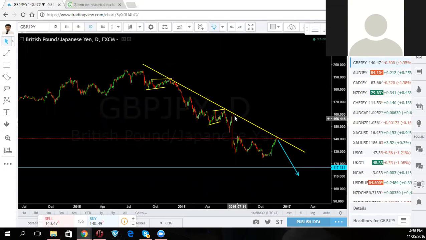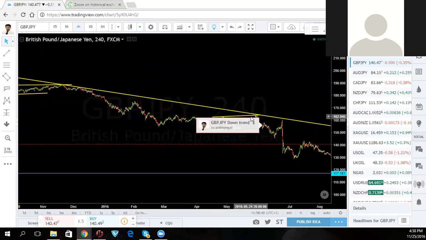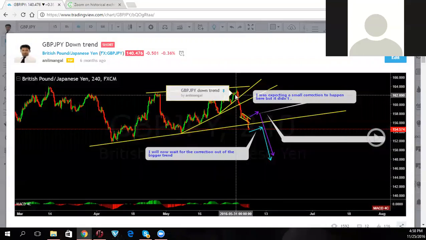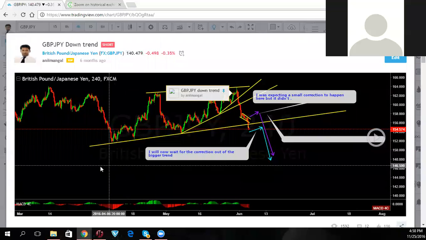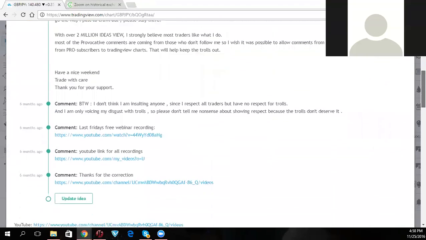Did we call that trade? Did we call this trade? You want to see them? I think we called all those trades. Let's go to the 4 hour. Yep. Downtrend. Remember when it was going up? That thing was going up crazily here, and we said that's a downtrend. Look for your sell setup. I think we even called it before this happened. This was just a second trade to that, a second post to that trade, right? When it is going up.